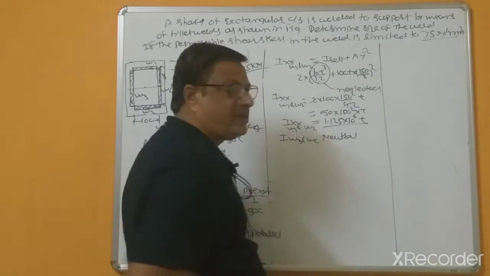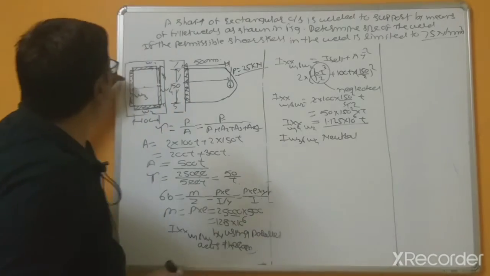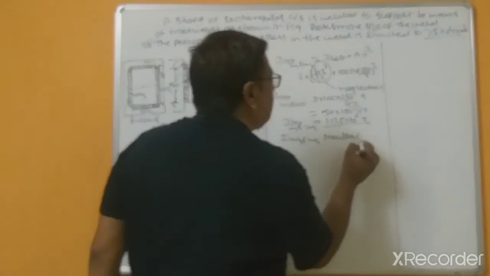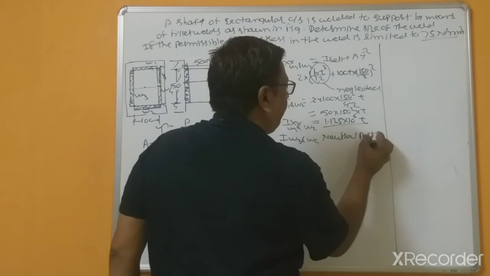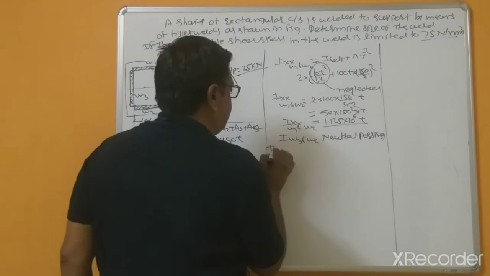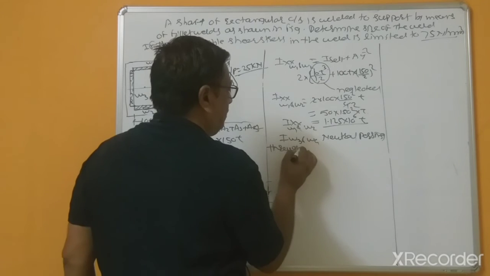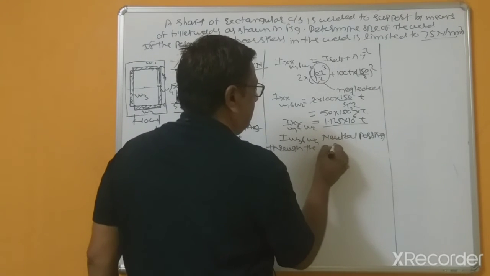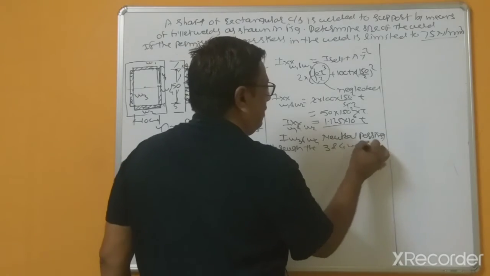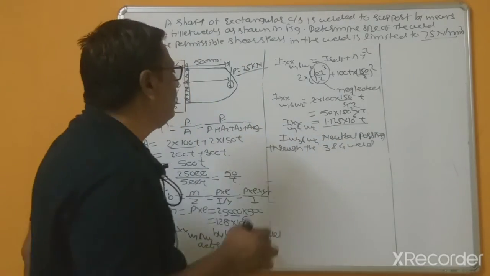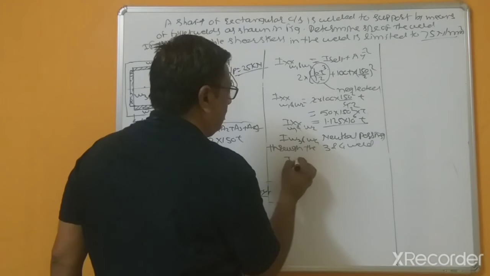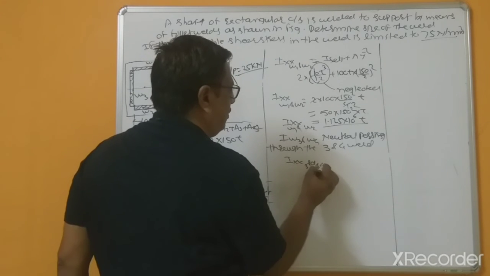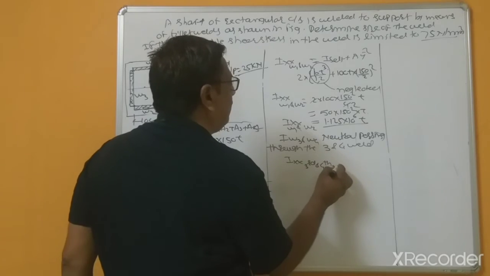For understanding purposes, I am explaining this: the neutral axis passes through the third and fourth weld. So that's why the moment of inertia about the axis for the third and fourth weld is equal to